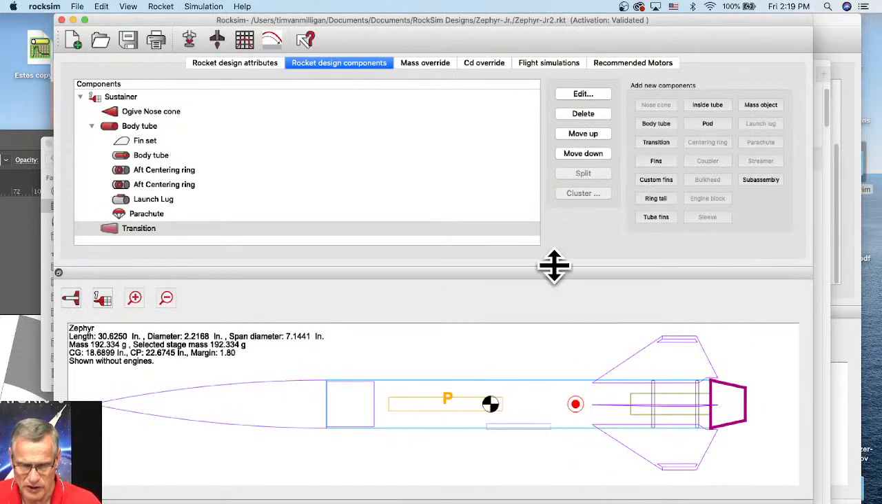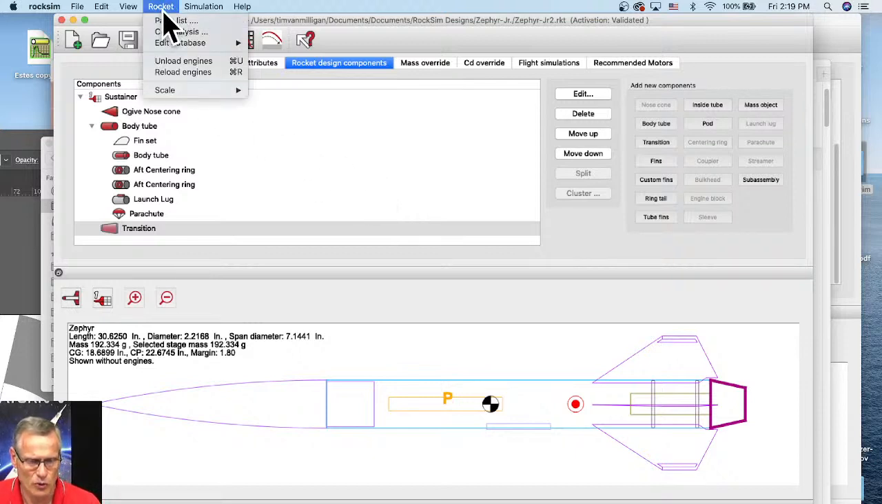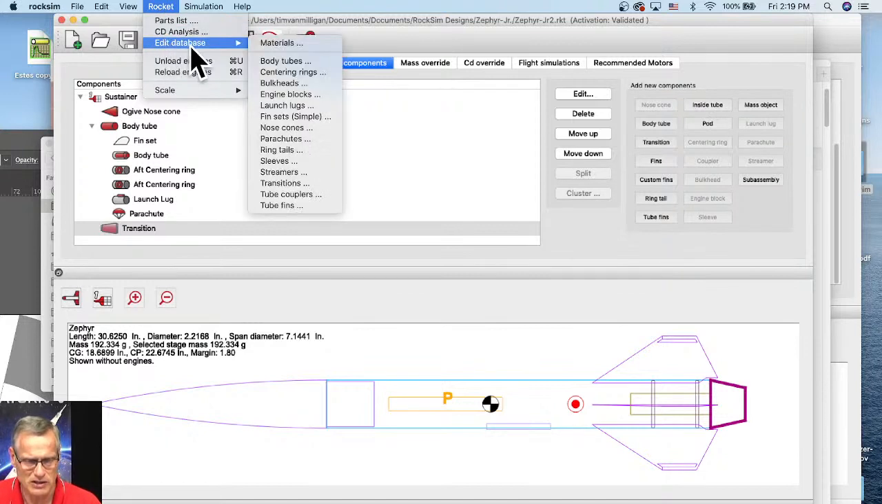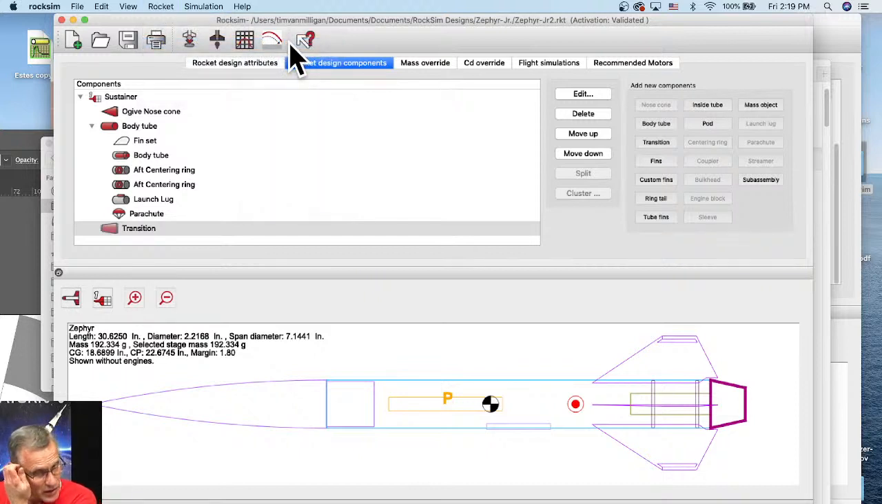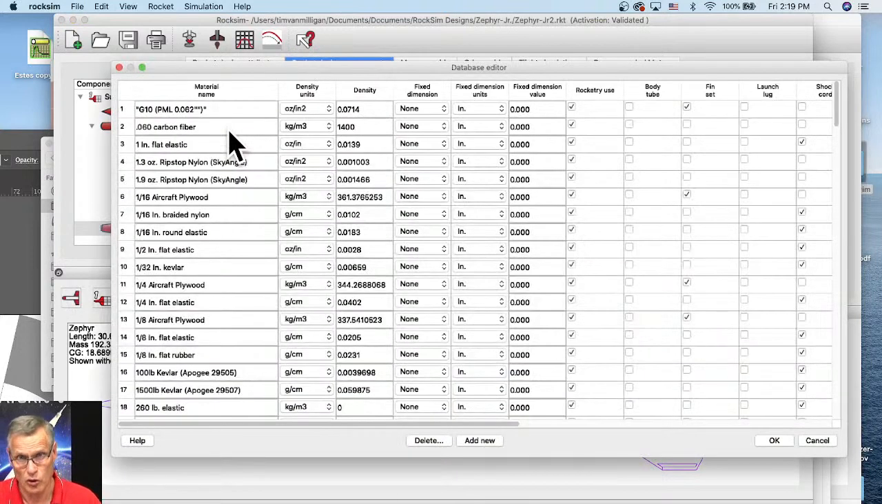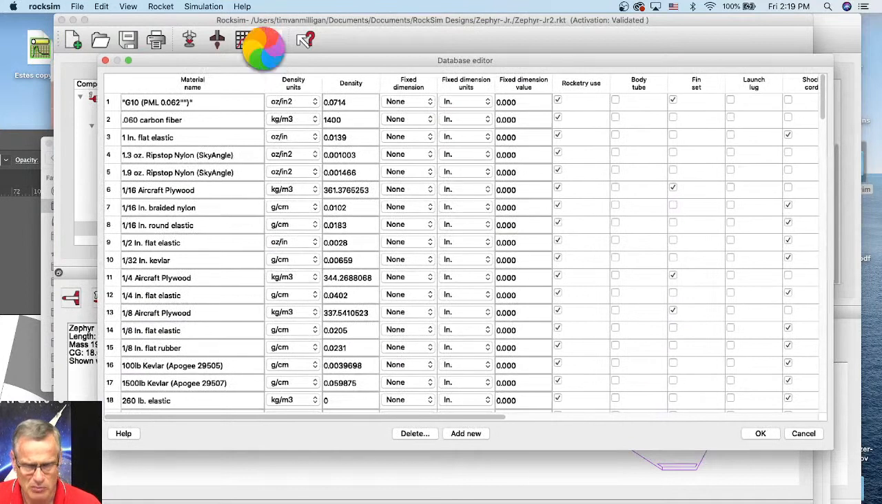And then the other way is to change the material database. For that, you go to the rocket menu here at the top, come down here to edit databases. You can go to materials. I'm going to edit this. So this is where you add a new material or specify that an existing material can be used for a different part. So here I am in the database,